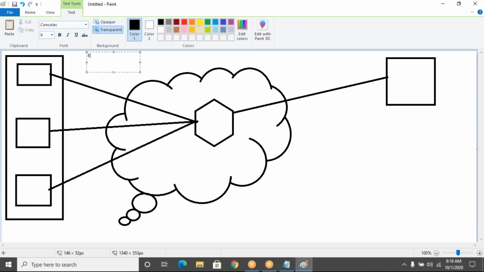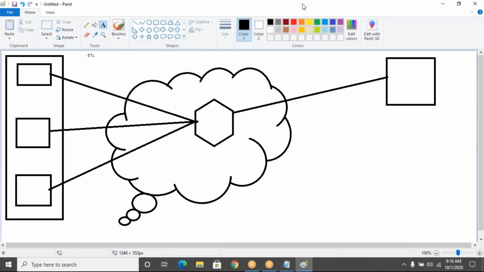He will try to extract, transform and load. So while he is performing this ETL, the data will come over here. Before he stores the data over here, that data should be well formatted. Based on the kind of data, whether it is structured, unstructured or semi-structured, he is going to use different kinds of services. A data engineer is completely working on data managing, data storing and data processing.